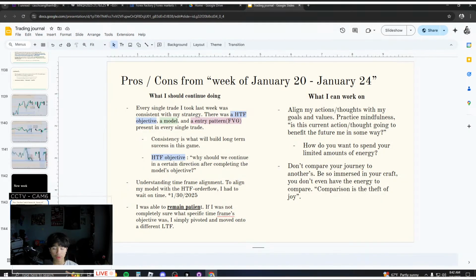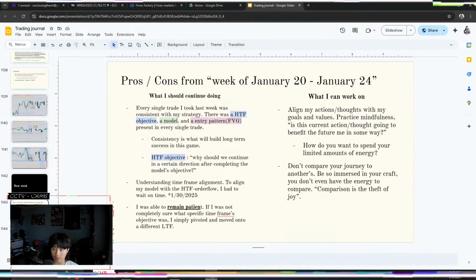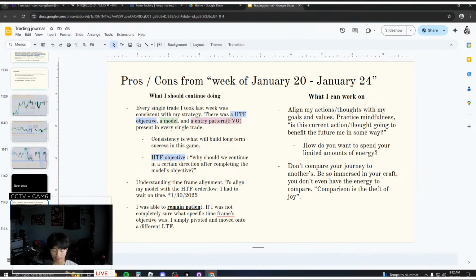Some of the pros and cons from the previous week: I was able to maintain a consistent model and consistent trades throughout last week, right? Every single trade that I took, I had a higher time frame objective. I had a model, and I had an entry pattern. I had some sort of fair value gap to enter off of, right? All of those components to my trades were met,